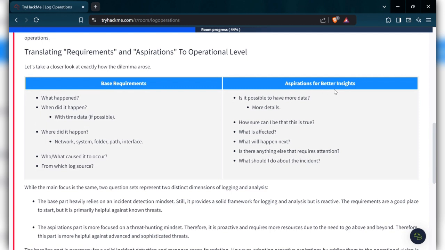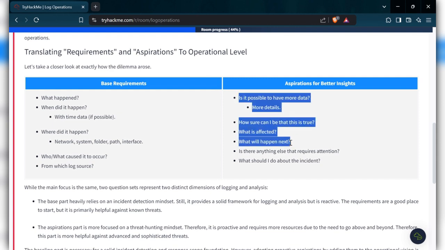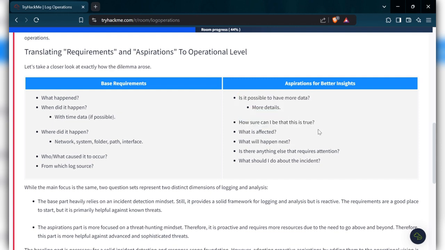Basic requirement, aspiration for better insight. What happened? When did it happen? What time? Where did it happen and who caused this error? From which log sources? Okay, this is the basic one. In aspiration, is it possible to have more data, more detail? How sure